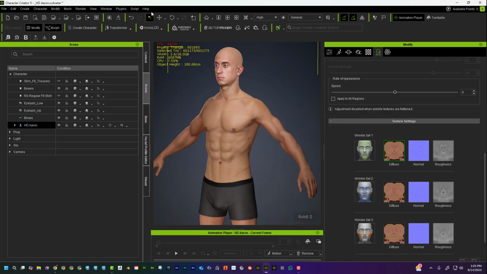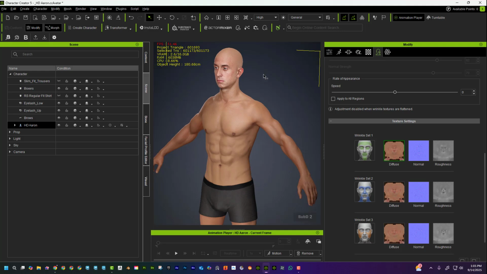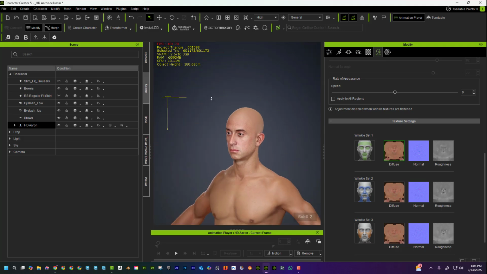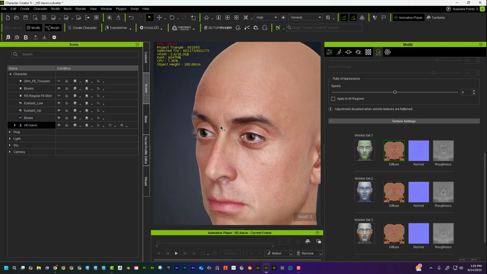Now what's happening is that we can actually do it natively because there's so much geometry there. In other words, because there's subdivision level 2, when we make a wrinkle, it's actually going to push geometry around to form the wrinkle. And to demonstrate that, if I go into